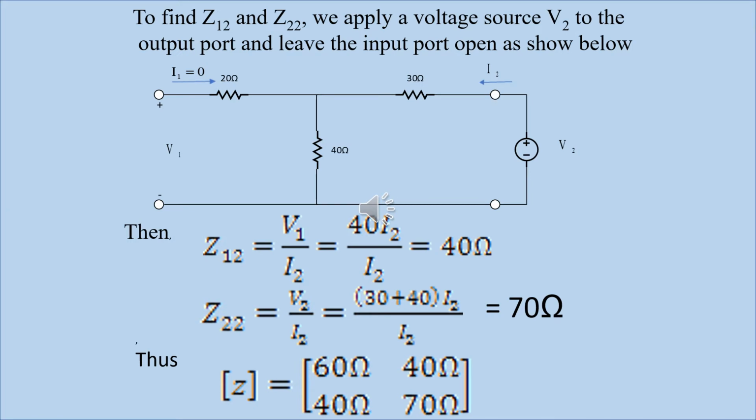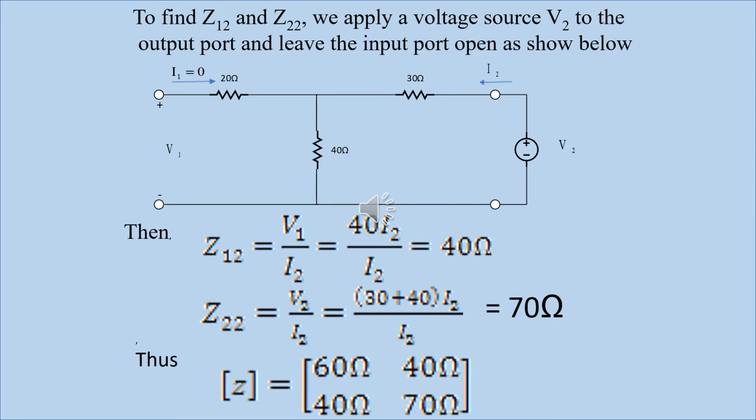Similarly, to calculate our Z12 and Z22, we set our I1 equal to 0, that is, open circuit is placed at the input side by redrawing the diagram, and also our output voltage V2 is placed at the output side, and then our I1 is equal to 0, but V1 is the voltage at the input. So our formula for Z12 is V1 over I2, and our V1 is the voltage across the 40 ohm